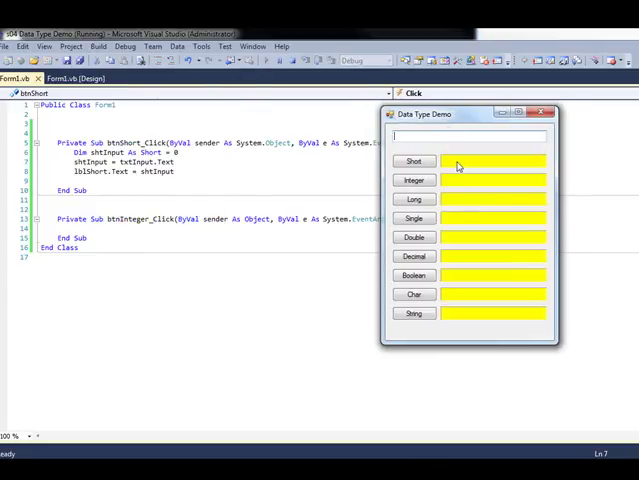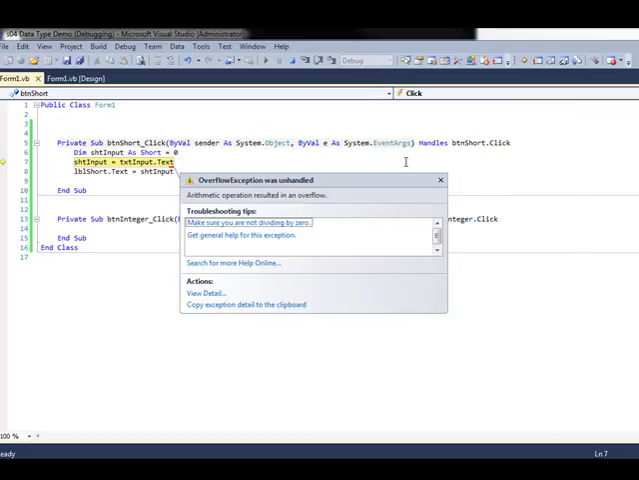Let's see if I can remember what the number is. 32,767. Yes, but if it's 32,768, it's going to crash, because the maximum value that a short data type can hold is